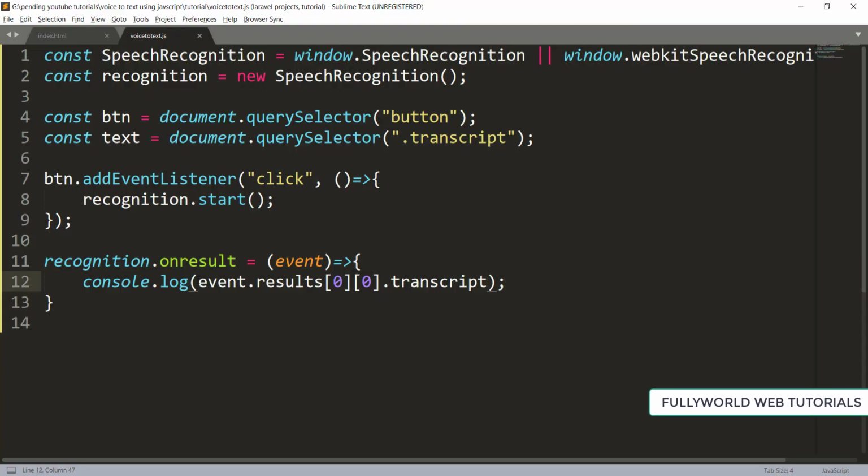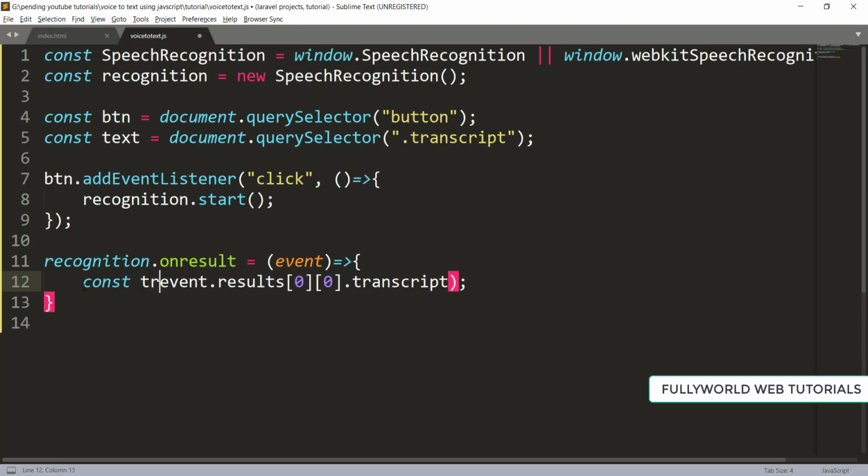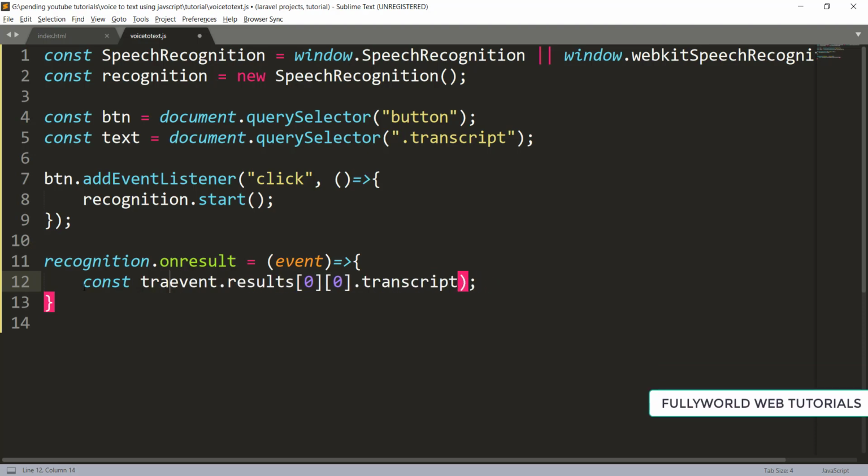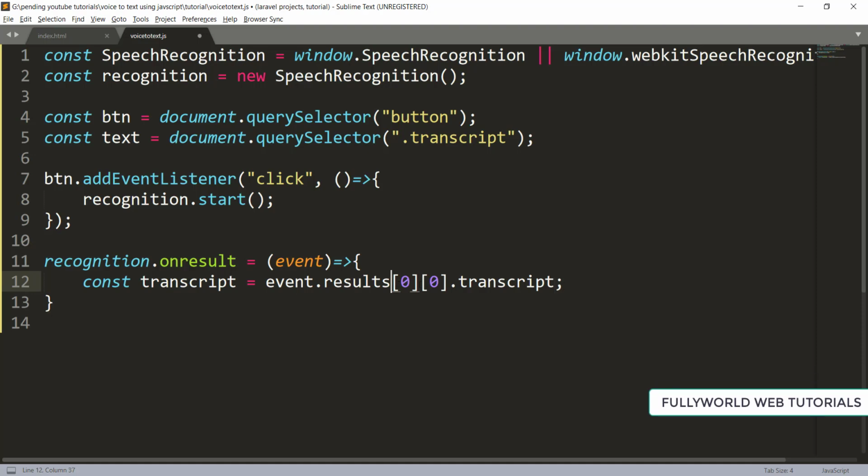Here I'm going to write const transcript, which will be event.results[0][0].transcript, because this is a 2D array, and 00 means the very first element.